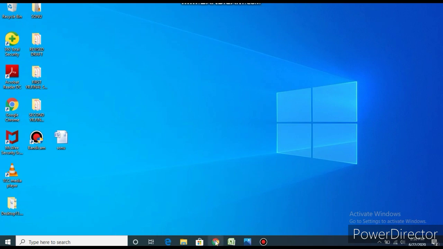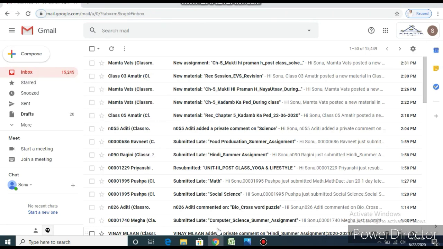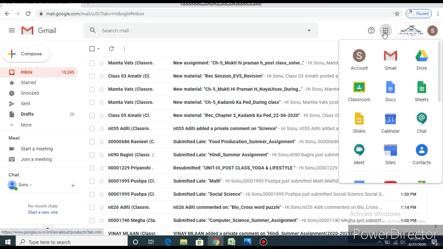First of all, I just need to click on Google Chrome, and you just need to open your Gmail account with the help of any browser. I have already signed into my account. On the extreme right of it, you can see there are nine dots, which are termed Google Apps. You just need to click on it, and you can find an option for Google Drive. So Google Drive is getting opened here.